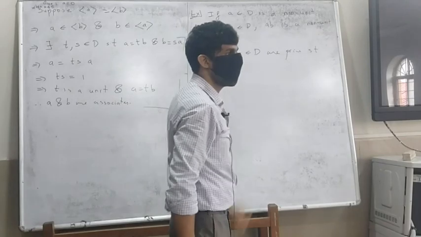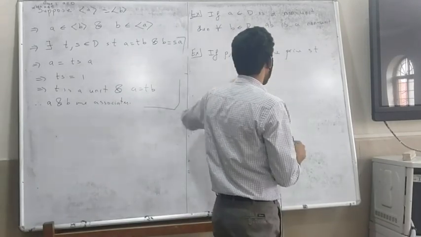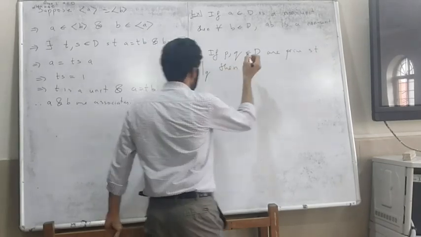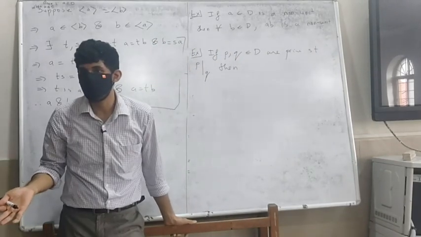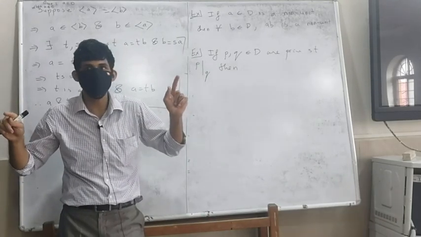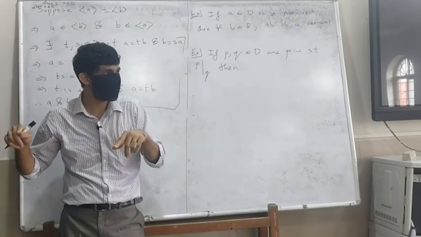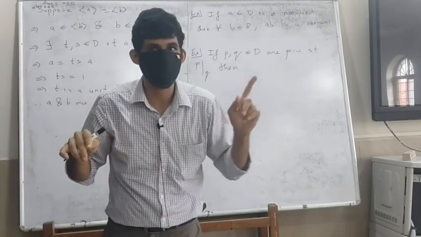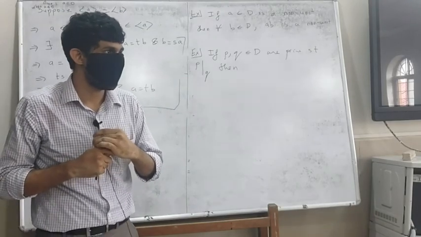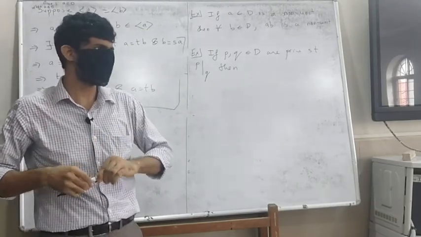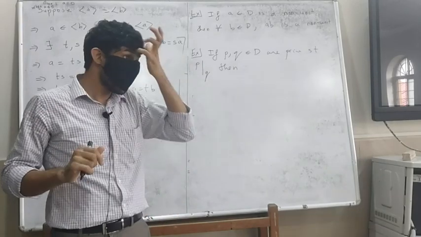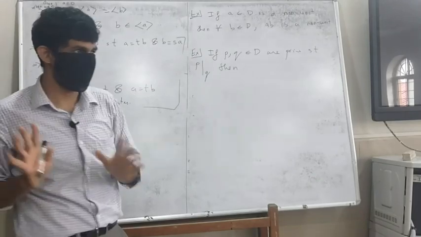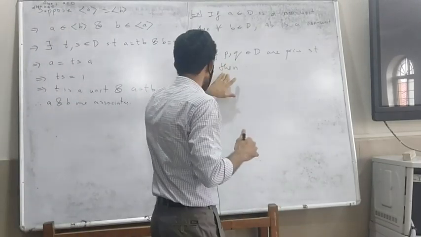But if P and Q are primes such that P divides Q, then what can you say? Just like in integers, if you take two primes P and Q in Z such that P divides Q, what can you say? P has to be plus or minus Q. I'm talking about primes in Z, that means those are the primes plus or minus the primes in N. Okay. So then what happens here?